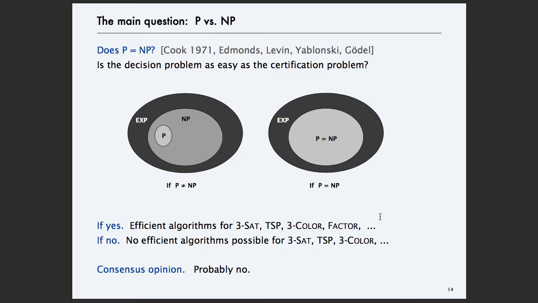If it is, then we have really efficient algorithms for 3SAT and TSP and all those things. It would be amazing. We have tons and tons of optimization problems that would be immediately doable, which is amazing. You still need the human factor, but